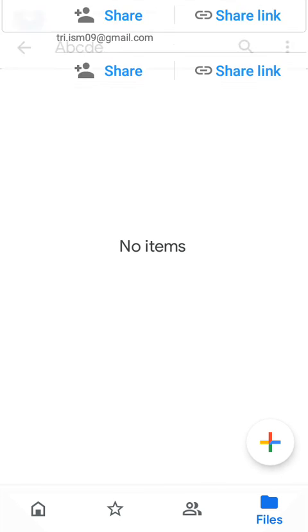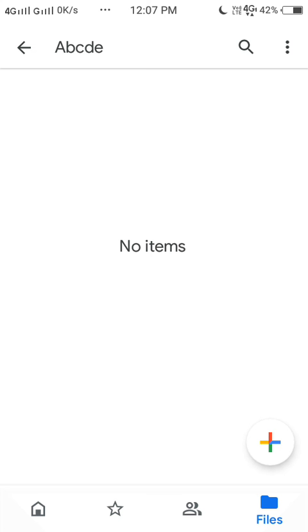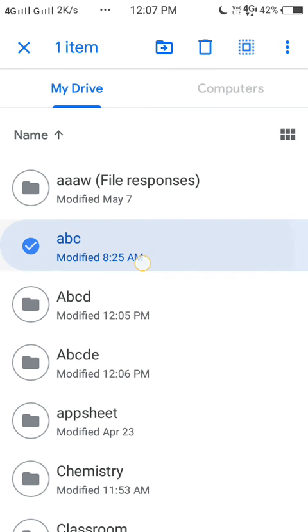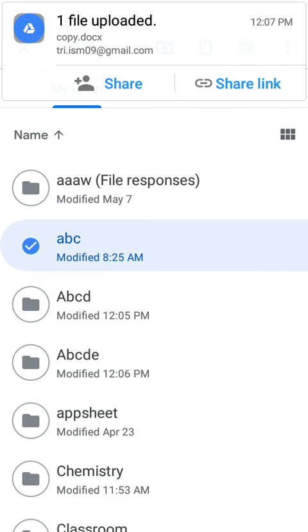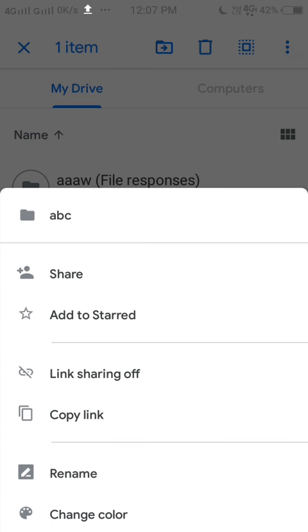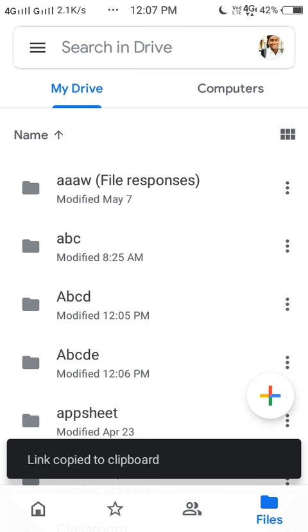Now suppose I want to share this through email. Click on the folder, it is selected. When it is selected, we can see three dots on the top right. Yes, you can copy the link.